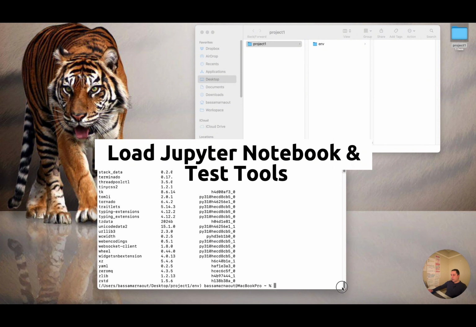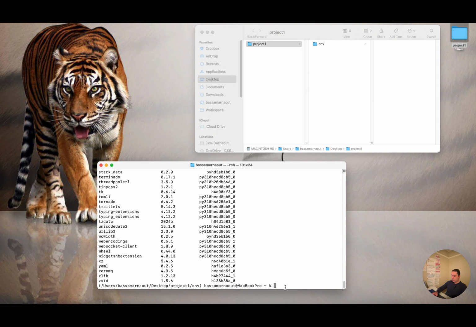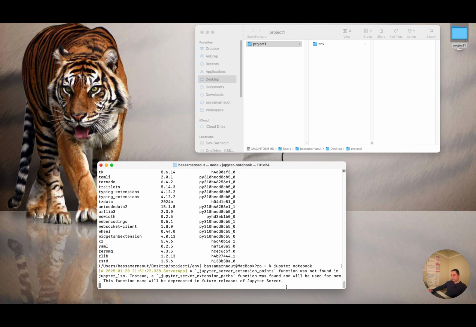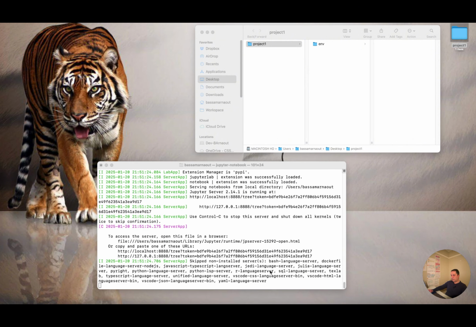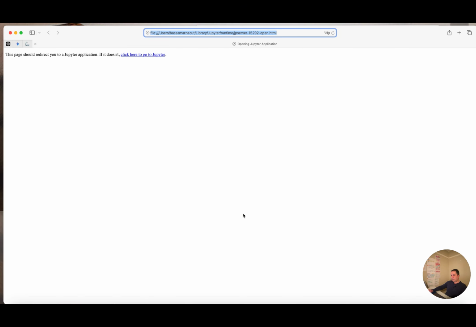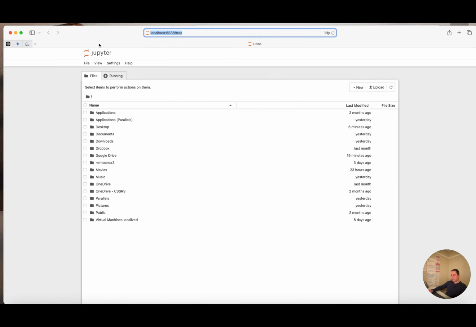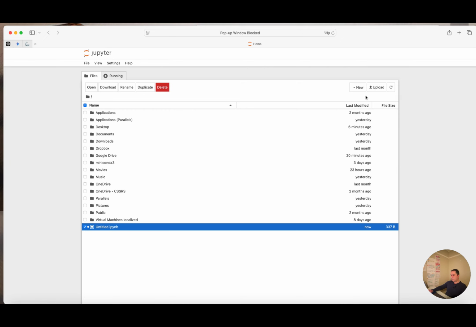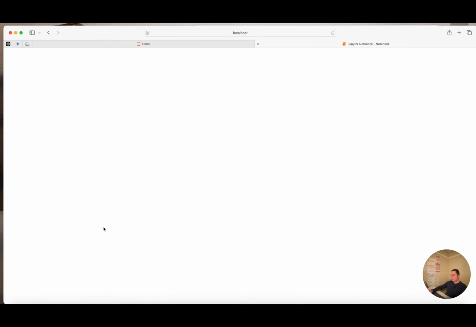Now we launch Jupyter Notebook. We just type jupyter notebook. It will be launched in the default browser. In my case, it's the Safari browser. Here you can see, then we click New under Python 3. This is the untitled IPython notebook. This is the one that we're going to use to develop